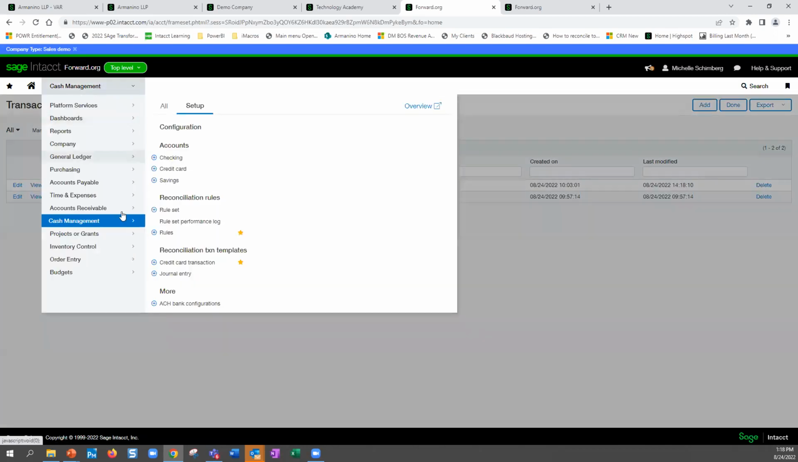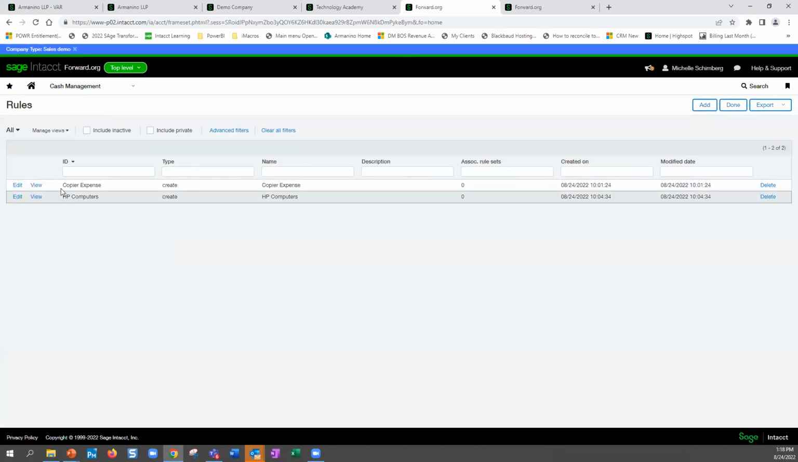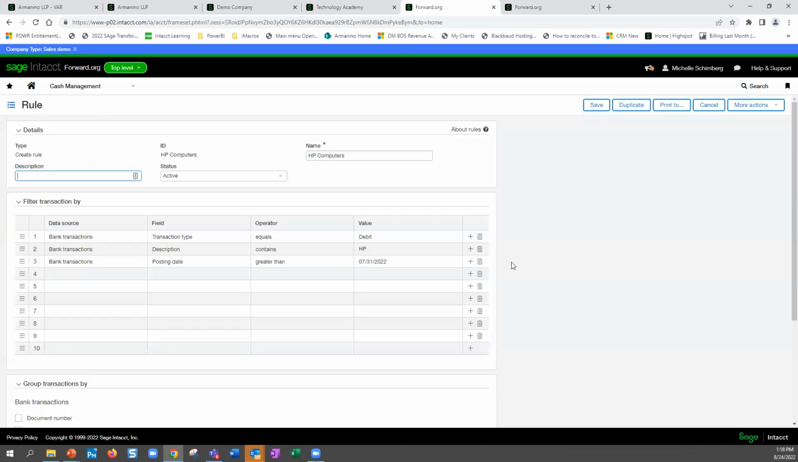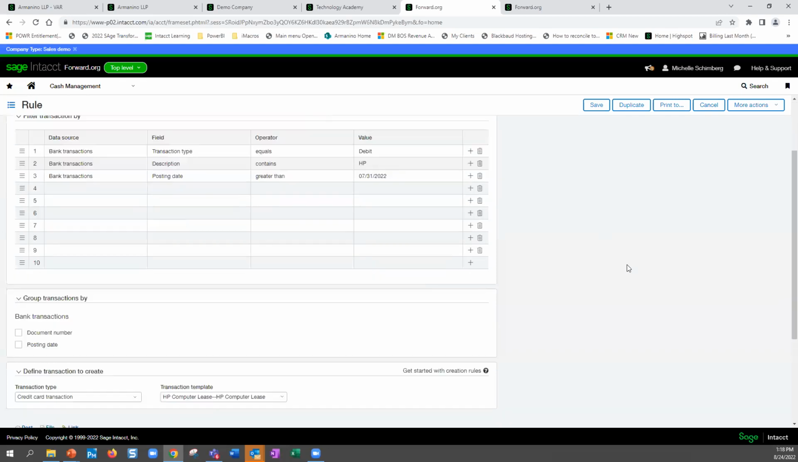So if you go to cash management, go to rule under setup and edit on one of these. We're going to be assigning that transaction template to the rule set. So we have the type, which is create rule, HP computers, provided filters down below. So if the transaction type is a debit, description includes HP, the posting date is greater than 7/31. We want you to use this transaction type of credit card transaction at the bottom, and then we've assigned it